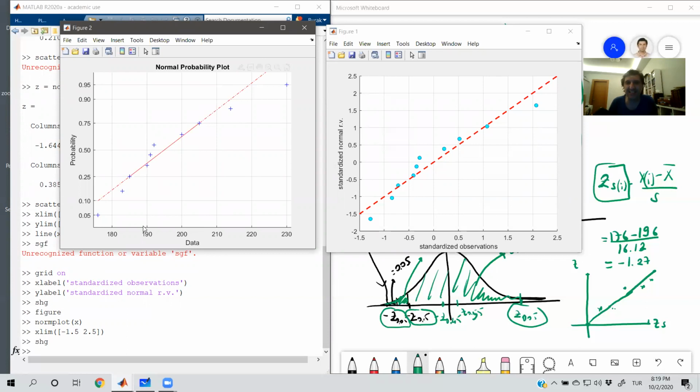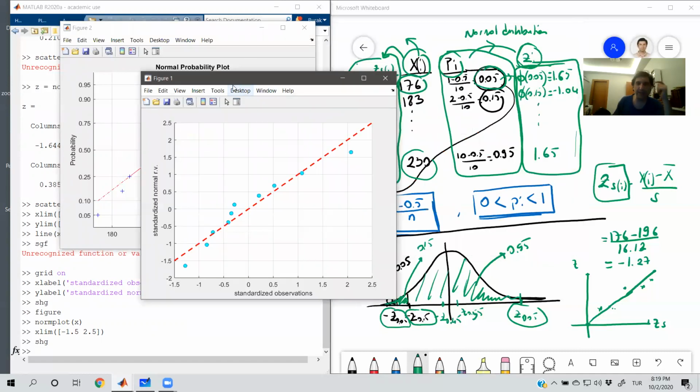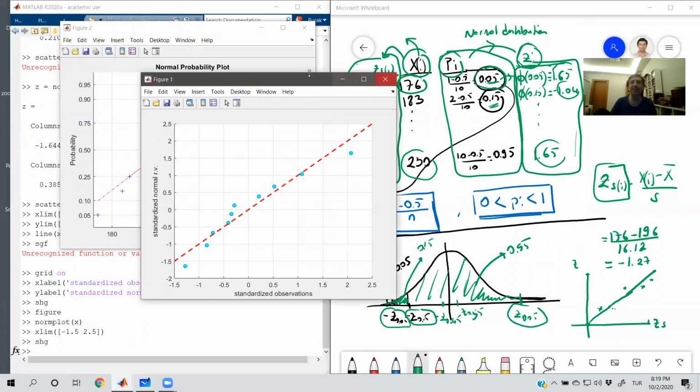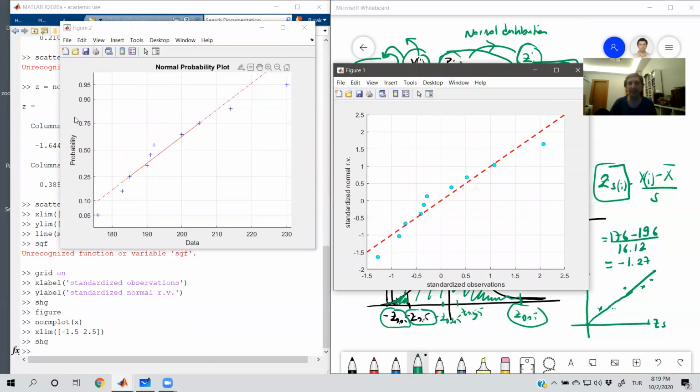Well, first of all, on the x-axis we can see the original x values. That's fine. We have standardized it. That's no big deal. You can always change them. But the more important point here is that on the y-axis, probability is given. Actually, the way MATLAB does it is more informative. These values, these 1.65, 1.05, all these values are not shown, but actually these probability values are shown. And this is more informative,